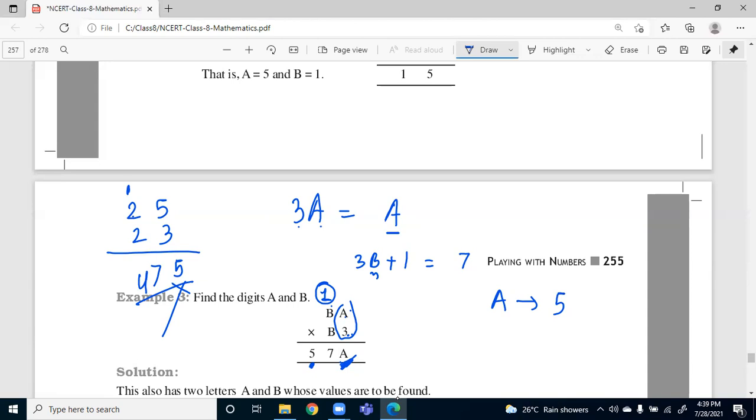If I take B as... I should pass a carryover. So if I take B as 1, then this is not satisfied. If I take 2, that is also not satisfied further. If I take 3, then 3 3s are 9 plus 1 is 10, not satisfied. 4, not 5, not 6, not 7, 8, 9. So we have to look